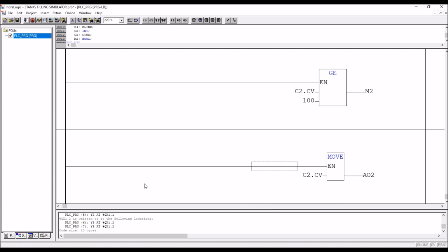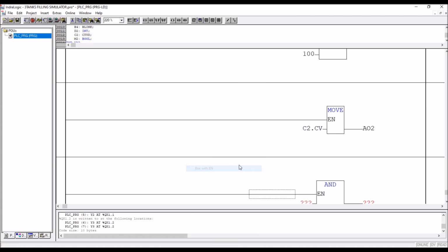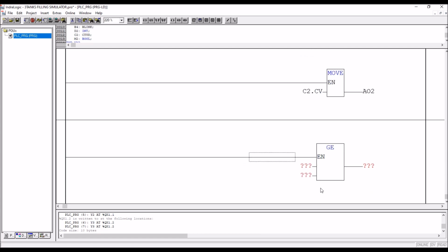So for that, works with EN here, greater than or equal to C2.CV. If it is greater than 10 value, greater than 10%, then I'm going to switch on the tank 2